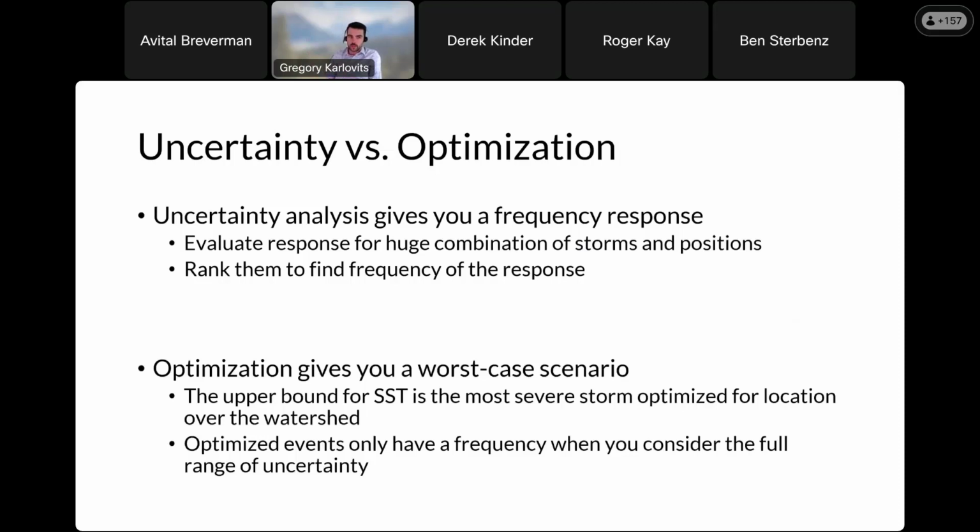Now, what you can do with these as well is take an observed storm and optimize its location. What the optimization trial will do is vary the X and Y coordinates until it achieves some objective. In this case, you might choose maximizing precipitation over the watershed, or maximizing flow at a location. Keep in mind that this is a worst case scenario when you optimize these storms. There's the only way that you get a frequency out of